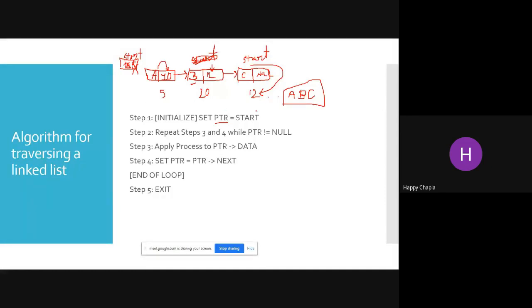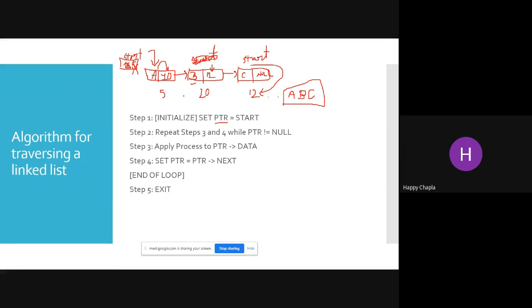No. Why? Because now my start variable is pointing at the last node. So never move your start variable from the first position. Start is always pointing to the first location or first node. No need to move that pointer from that position to the next. Otherwise, your first node is going to be lost. There is no connection between this and this. I can never get the first A if I move my start variable.